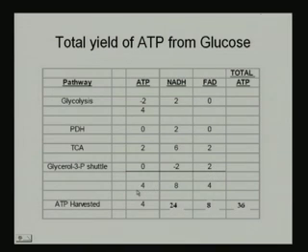So, total gain, we can get 4 molecules of ATP, 8 molecules of NADH and 4 molecules of FADH2,